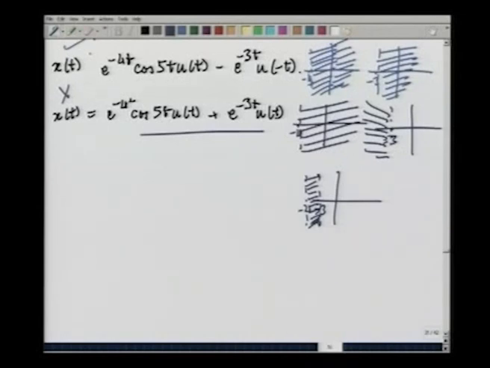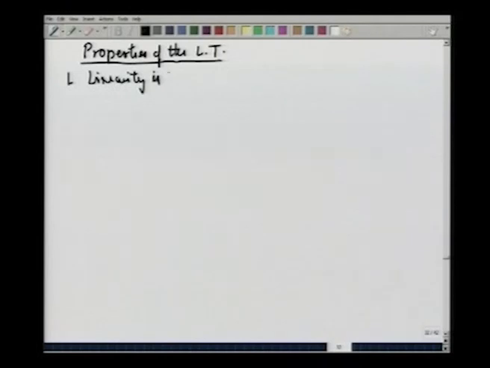All right. Now we consider some properties of the Laplace transform. The first property that we always like to speak about is the linearity. We have been only dealing with linear transforms throughout this course. So, the first property of linearity